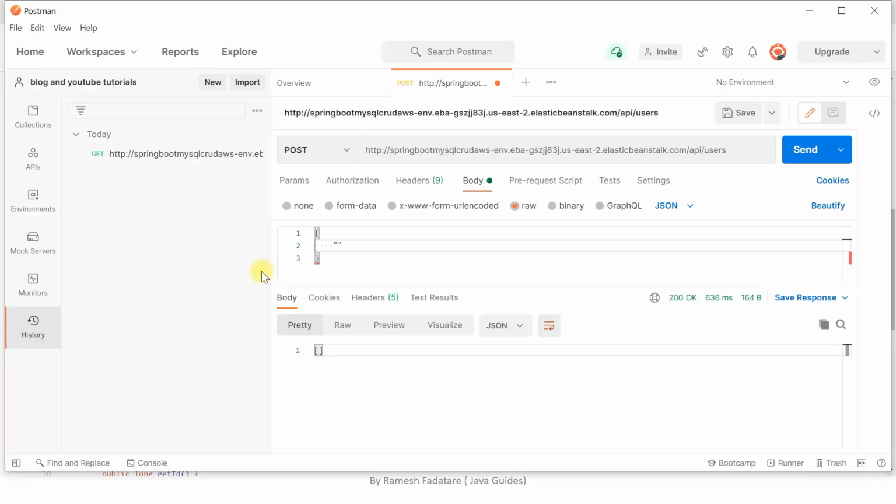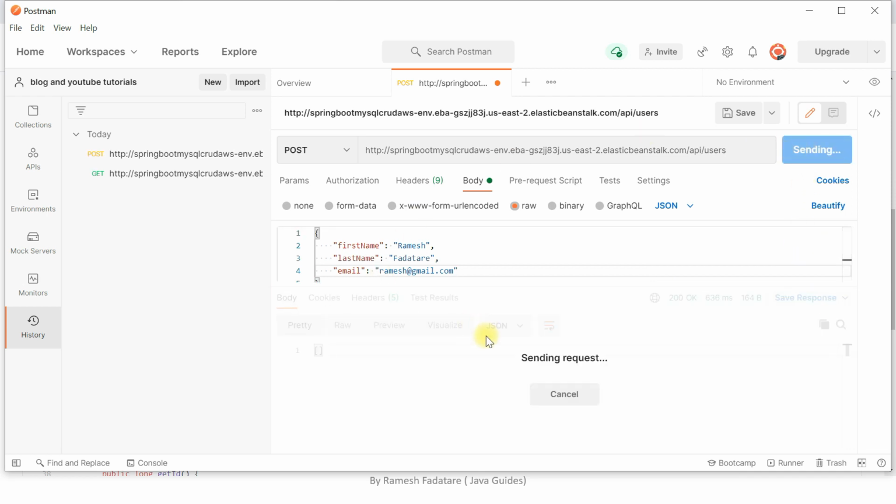Okay, just give first name here, let's say Ramesh, and last name Padatare, and then email ramesh@gmail.com. Alright, now let's click on the send button,